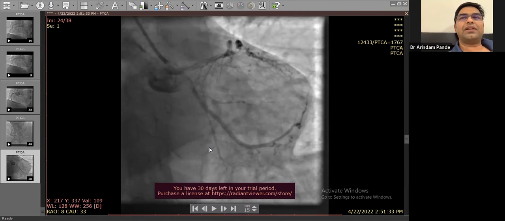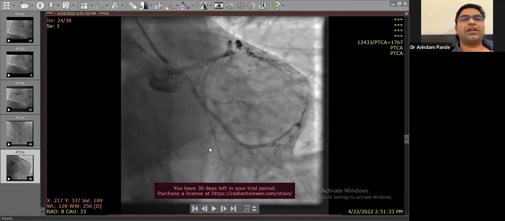So do an FFR for the LCX. It is not mandatory that you send the patient for CABG. Do an FFR to the LAD lesion. If LAD is significant, the mid segment has to be stented, and then you go for bifurcation stenting of the distal left main, because with this kind of LCX, you just cannot put a stent on the LCX and come out. So you need to do a bifurcation stenting. You need to discuss with the patient's relatives, and you should give this option because it becomes tricky.